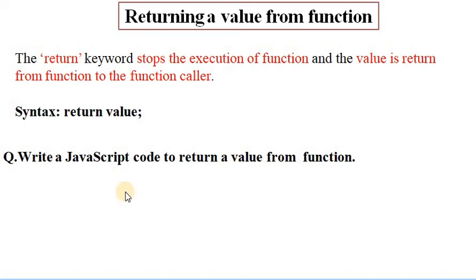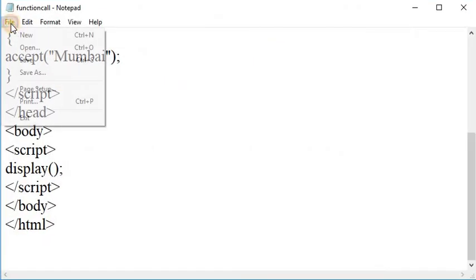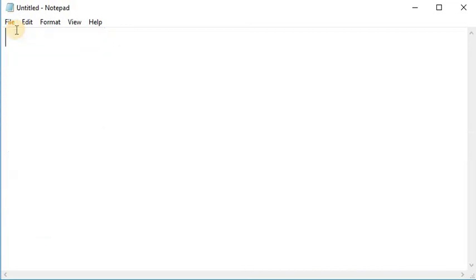Let us see one example. Write a JavaScript code to return a value from a function. Take a new HTML editor, and in that, first of all, take the HTML tag.